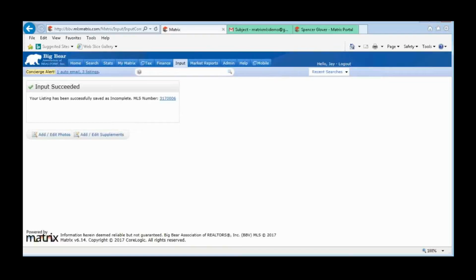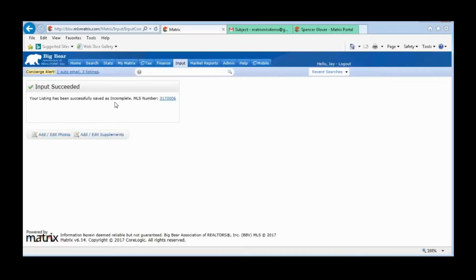Now, you'll also notice something different here. At this point in time, maybe I don't have all the information to complete the listing, but I've got all the photos, or I have some attachments that I want to add to this listing. Well, previously, you had to submit the listing, make it active, and then add the photos, and then add the supplements. So what did that cause you? Well, it caused the listing to show up on a hot sheet with no pictures, right? It caused a listing to show up in an automated email where somebody had ASAP set to appear to a client with no pictures. That should never be a problem again,